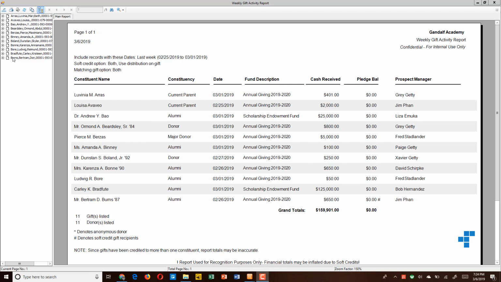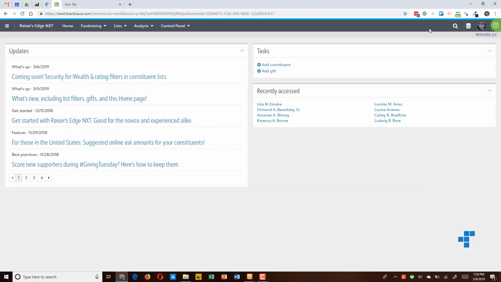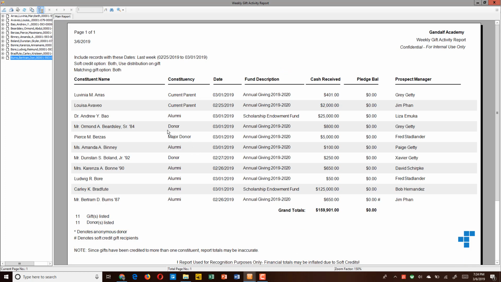So this screencast is going to cover the custom Crystal Report with links to RE NXT, and we're going to start at the end. So here's the report running inside of RE NXT, and you'll notice I'm in my browser. I'm already logged into my RE NXT tenant, and then back over here in Raiser's Edge in the embedded Crystal Report,